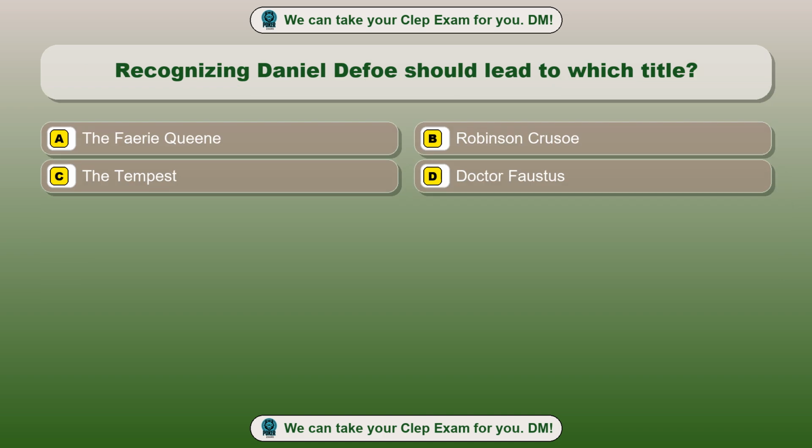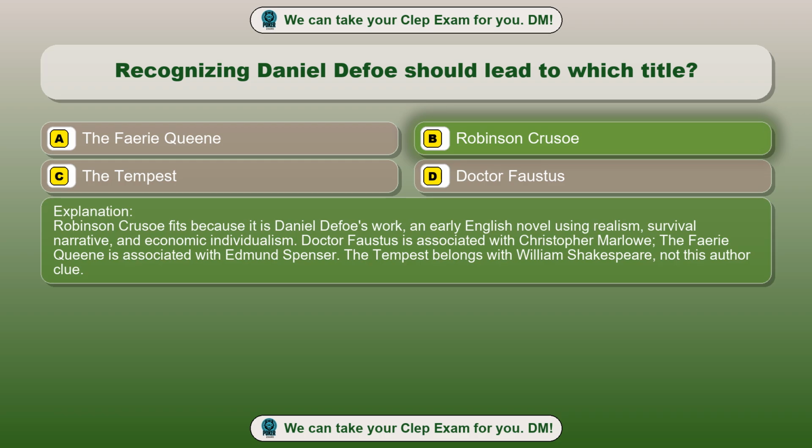Question 13. Recognizing Daniel Defoe should lead to which title? Option A. The Fairy Queen. Option B. Robinson Crusoe. Option C. The Tempest. Option D. Dr. Faustus. The correct answer is option B. Robinson Crusoe. Robinson Crusoe fits because it is Daniel Defoe's work, an early English novel using realism, survival narrative, and